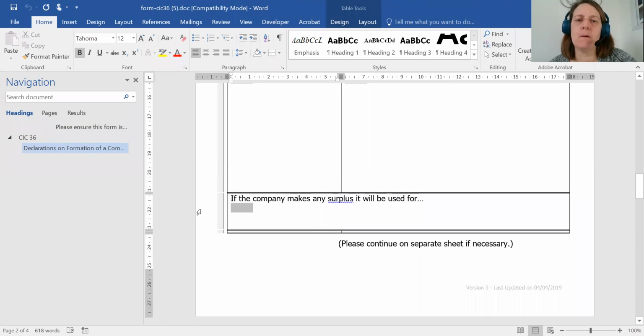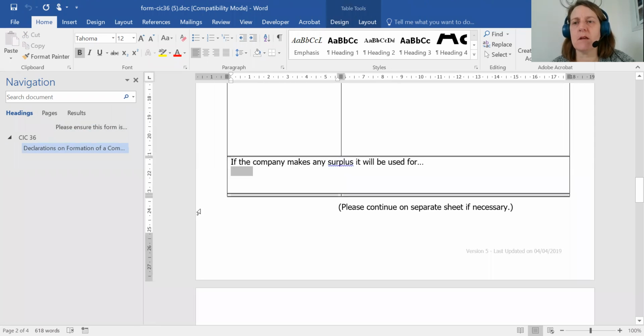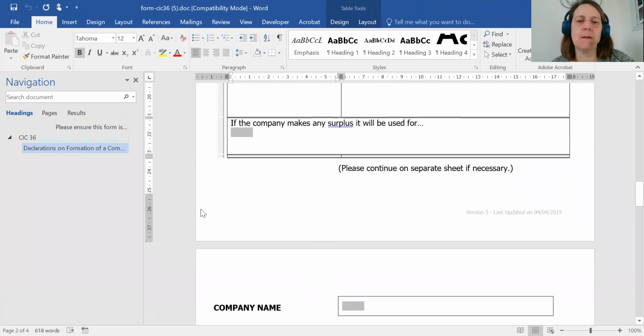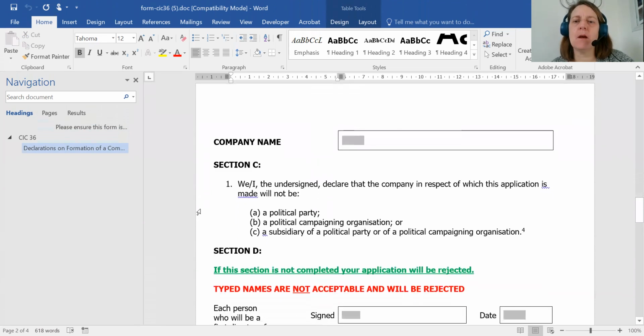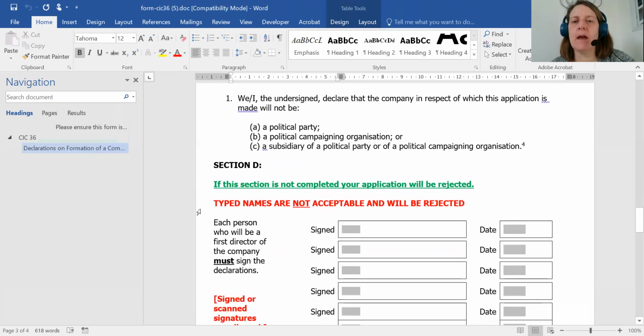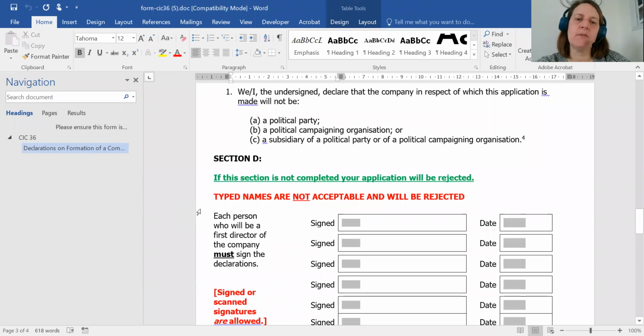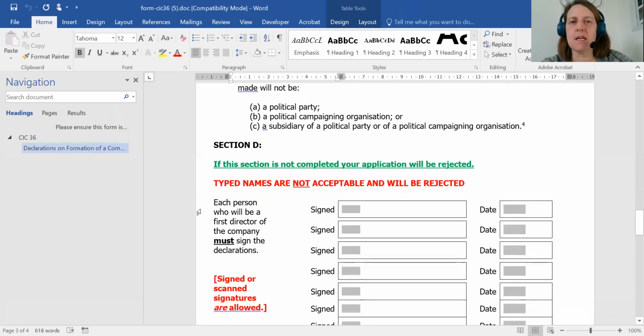And then on the bottom of here, if the company makes any surplus, it will be used for, the typical thing to put in here is for reinvesting back into the organization to develop more services or activities for the community. The final page, put the company name in, and then anyone that is going to be a director to start with in terms of the first directors as part of your application will need to sign this CIC 36